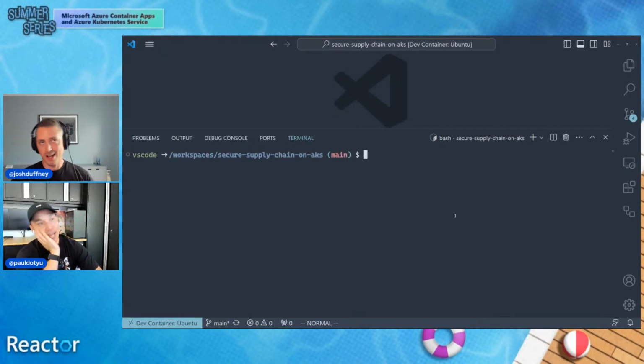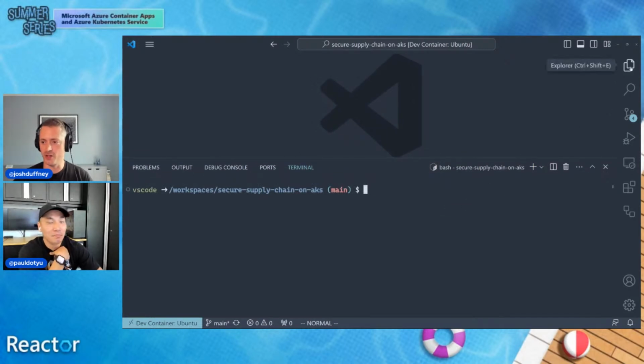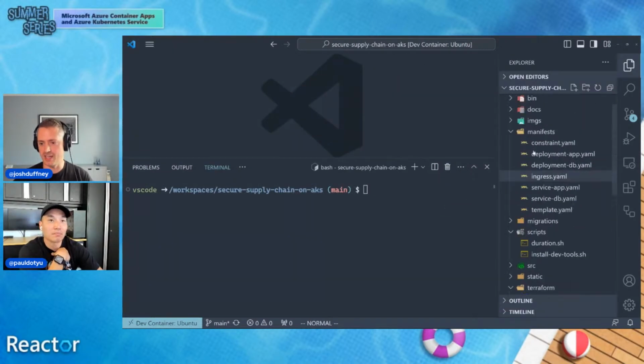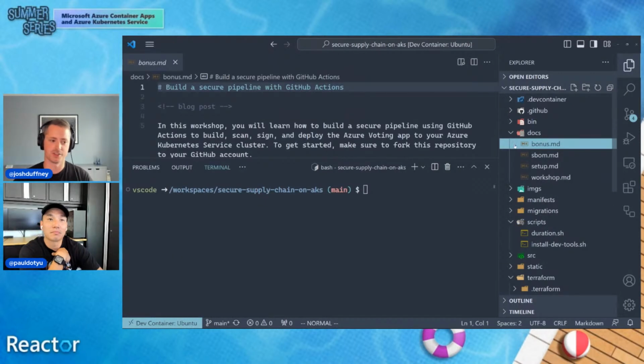A lot of this would be painful to do every time. Really painful, so much so that probably no one would adopt all these tools if they had to run all these command line arguments as I did. So what you can do, and is documented in here, if you go to docs bonus, and actually part of this repository as well, this is all automated with